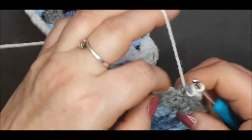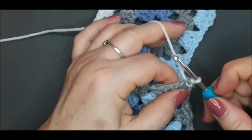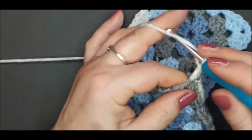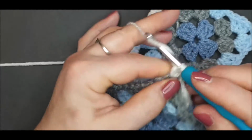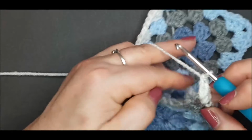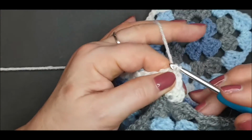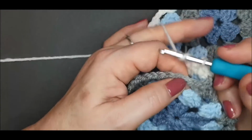and then turn our work and make our first corner of double crochets, so 3 sets of double crochet, 1, 2, 3, and then rather than chain 1, we're going to join into this first space, so slip stitch, and then 3 sets of double crochets into the first space,